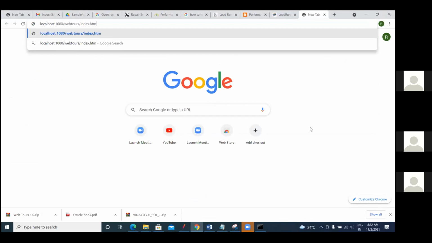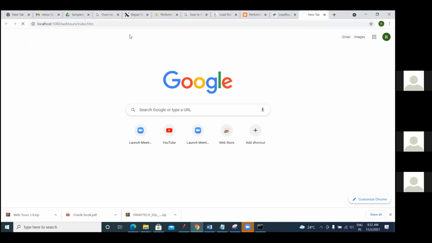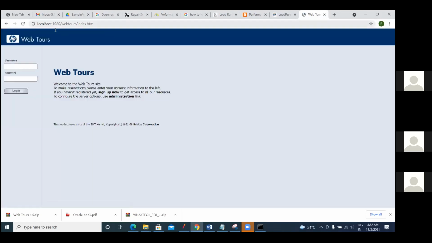Every computer will have some software ports on which each application will be running. For example, MySQL will be running on port number 3306. In the same way, this WebTools application will be running on port number 1080 by default. That's why you have to mention localhost, which is nothing but your local machine.